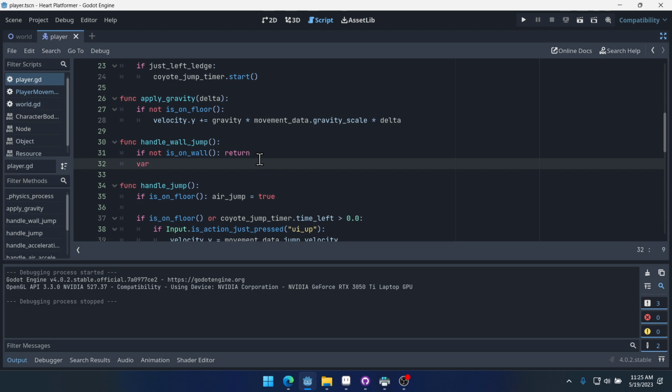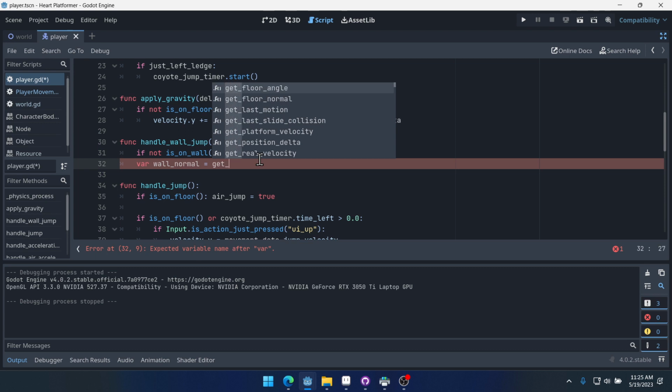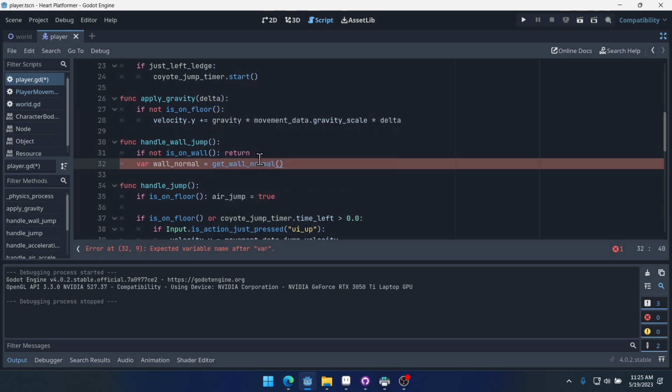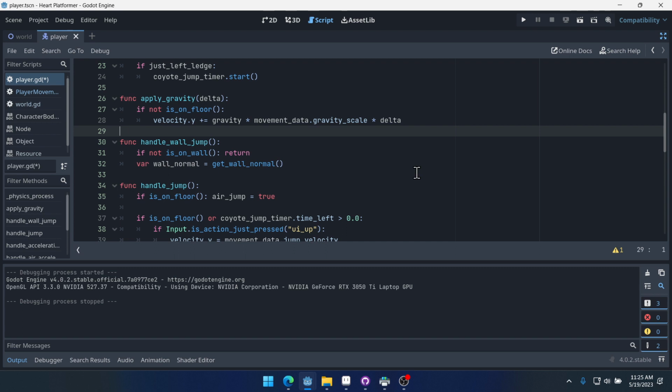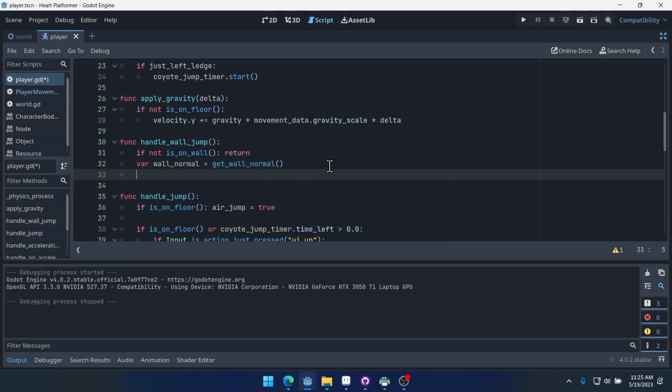So we need to get the wall normal. So we'll just say var wall normal, and we can do get wall normal. So if we're on a wall, this function right here will be able to detect that there's a wall near us and get the normal. Now a normal is just a vector that points away from the wall. So it gives us the direction that we want to jump in. So once we've done that, we can say if,